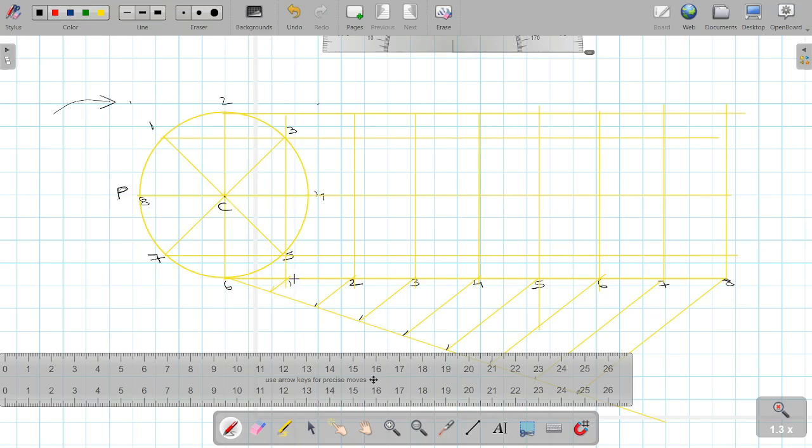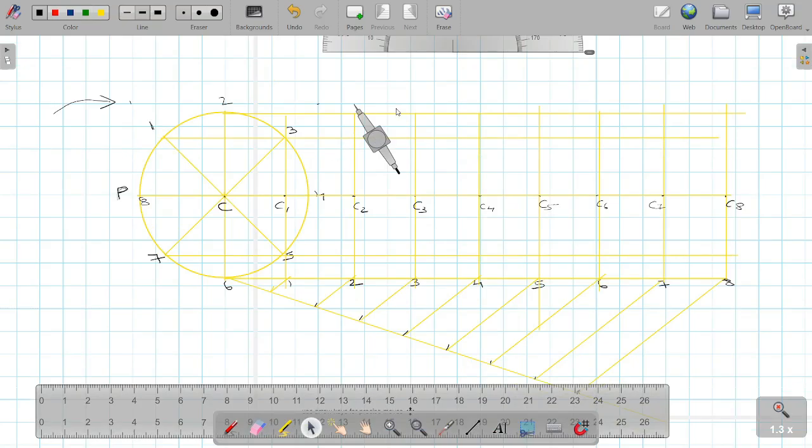Then the projector of 1 intersects the center line at this particular point. So this will be named as C1. Similarly, this will be termed as C2, C3, C4, C5, C6, C7, and finally, now comes the important part, making the arcs or tracing the path of point P on the